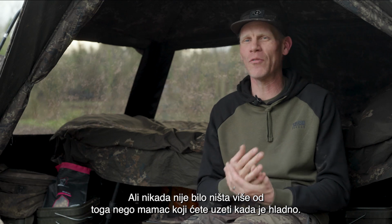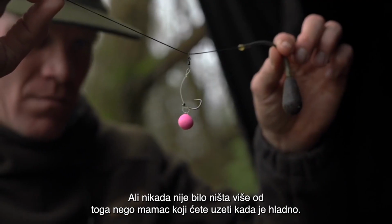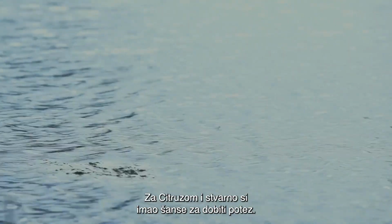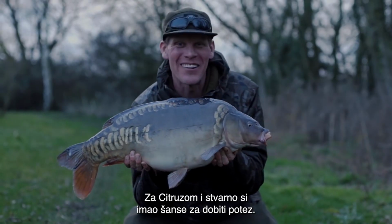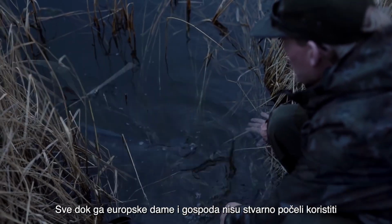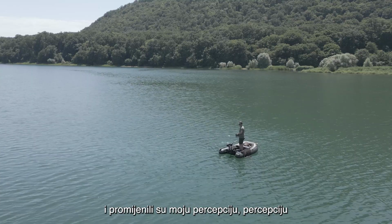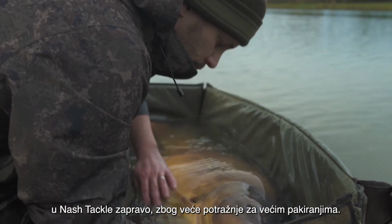But it was always nothing more really than something to take out in the cold when the bites were very, very hard to come by. You could chuck a Citruz out there and you stood a really, really good chance of getting the bite. Until the European ladies and gents really started to use it. And they changed my perception, the perception of everyone in the bait factory and all of us at Nash Tackle